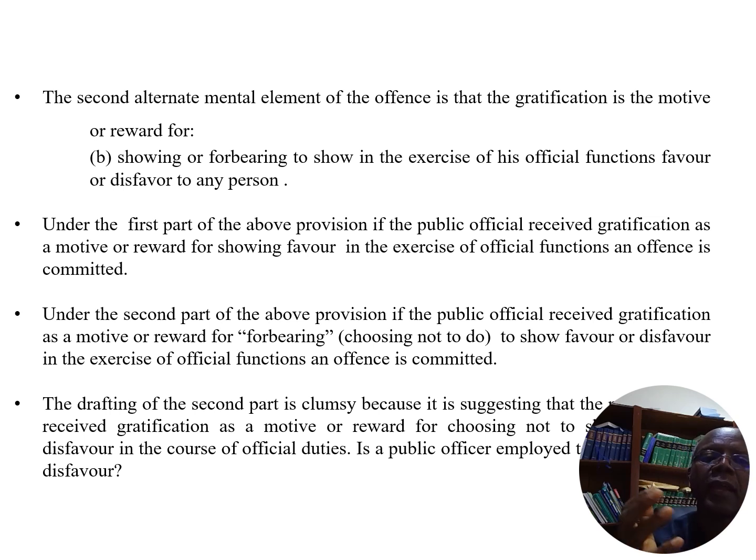So, because a public officer is not supposed to show favor, you are supposed to perform your official functions honestly and impartially. But if you now receive gratification as a motive or reward and you now show favor in the exercise of your official function, that is an offense. Now, under the second part of the above provision, if the public official received gratification as a motive or reward for forbearing, which means choosing not to do,